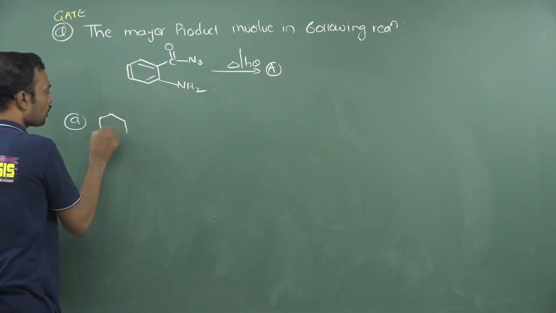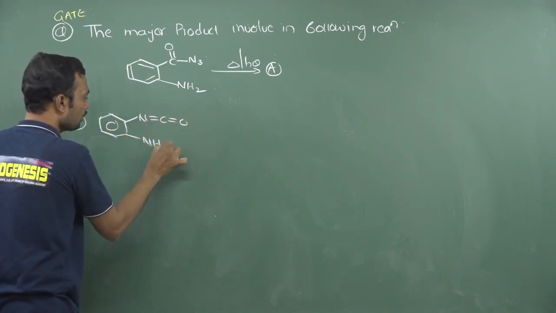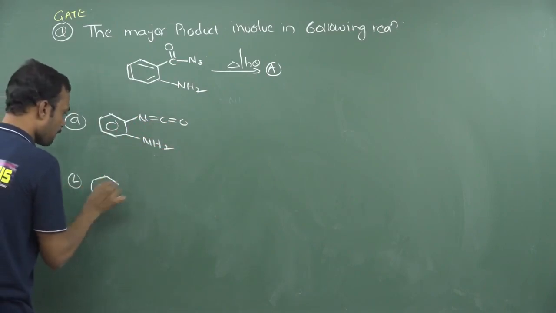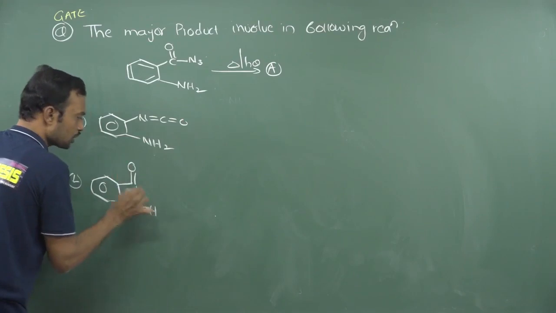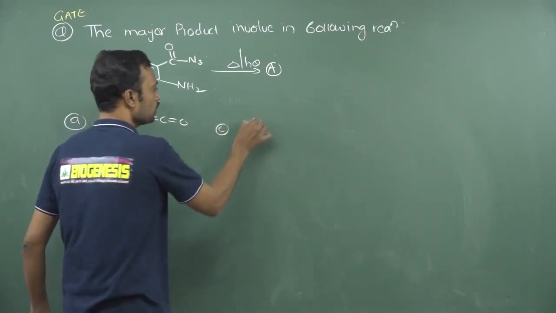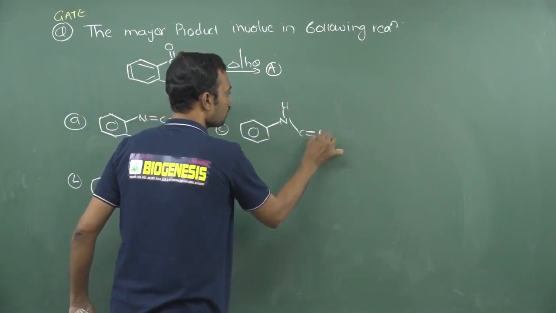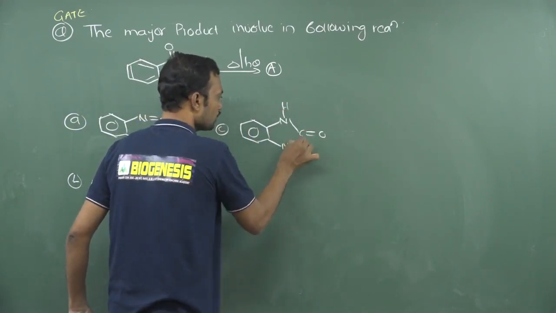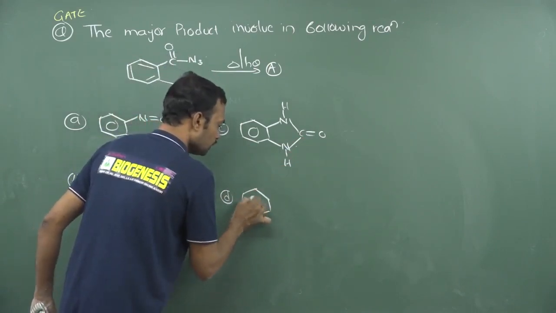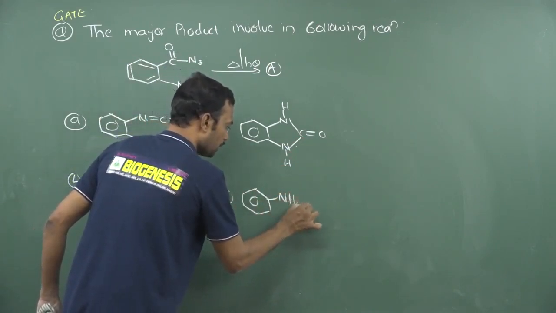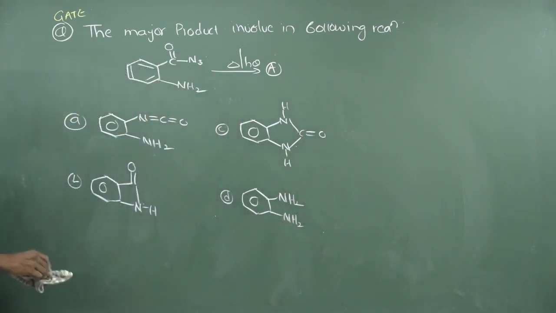So your product is C, NC double bond O, and here I am writing NH2. Now option B, here I am writing aromatic ring and this is carbonyl, and here NH and this is the one. Now I am giving option C. Here this is nitrogen with hydrogen, C double bond O, nitrogen with hydrogen like this. Okay, and finally see option D. This molecule will give a primary amine, and here also one primary amine like this, aniline. So what is the major product involved in this one?